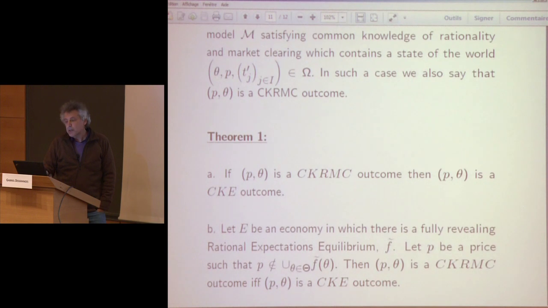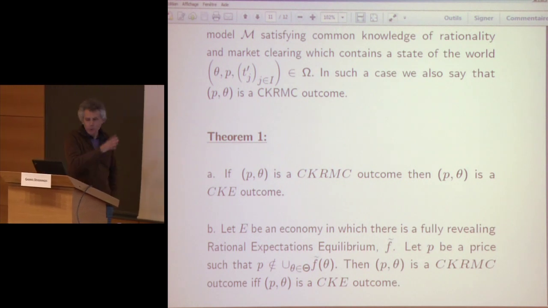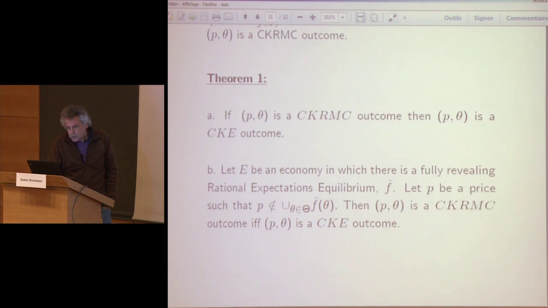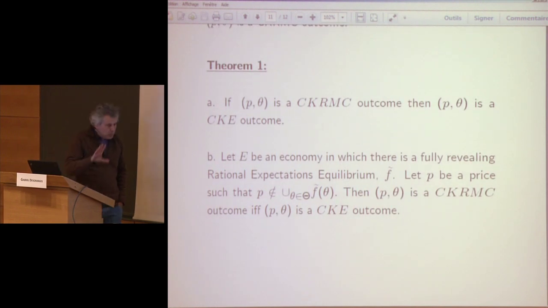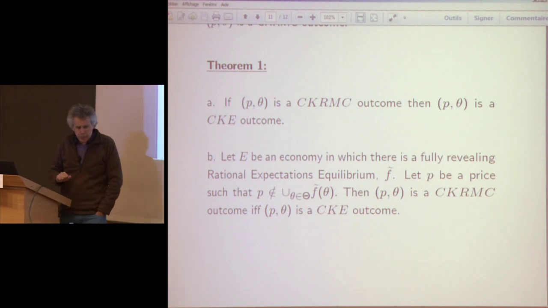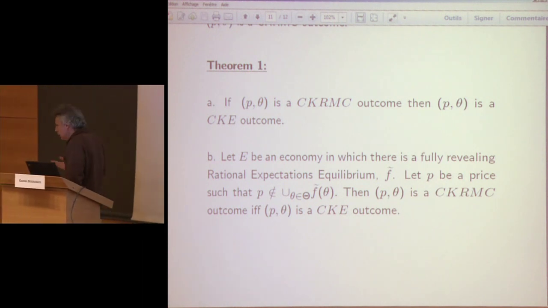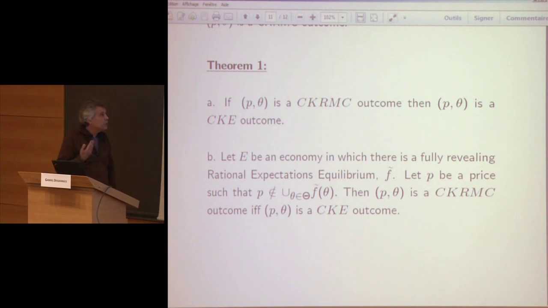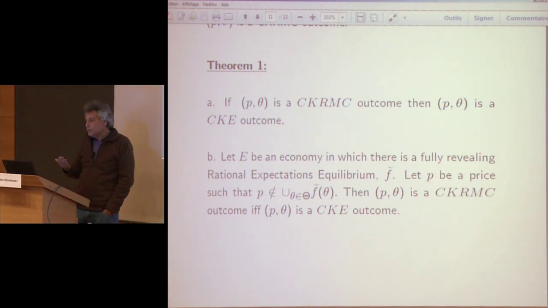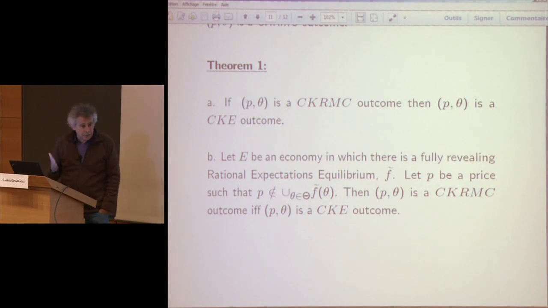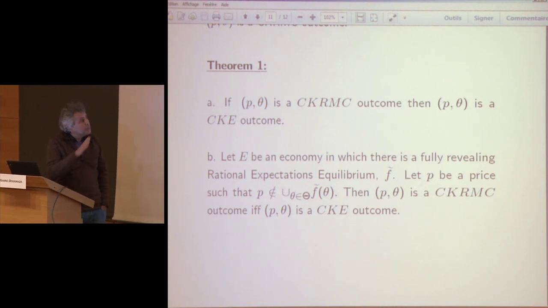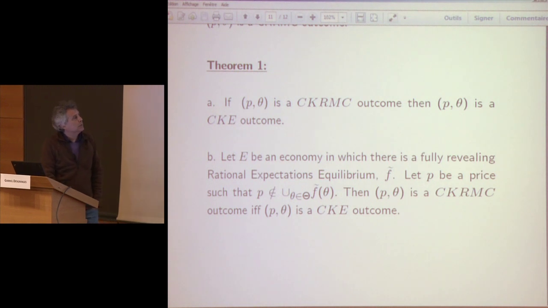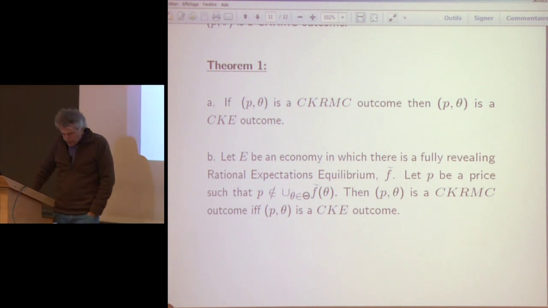And then we can have the following result, which I don't know if we want to go into the details of. But the nature of the result is: in this setup, does common knowledge of rationality and market clearing give us the solution that Gabriel described? And the answer is that under two mild qualifications, it does. There are examples where this doesn't happen. In fact, there are examples of non-existence. But the general